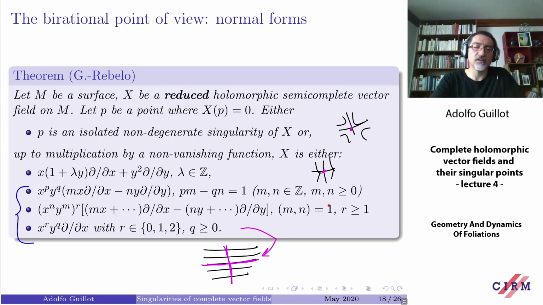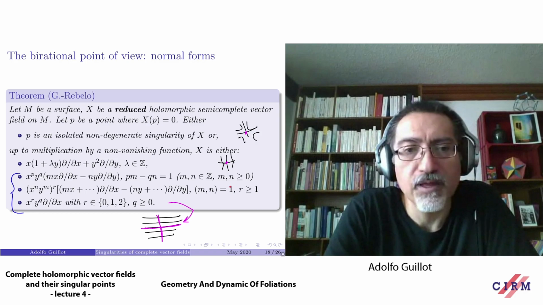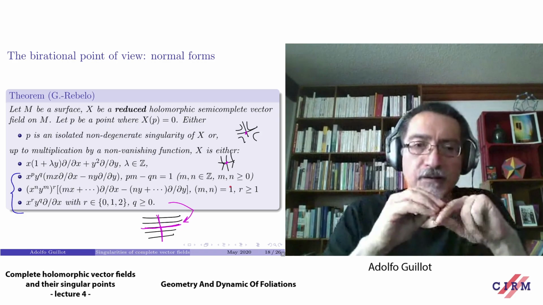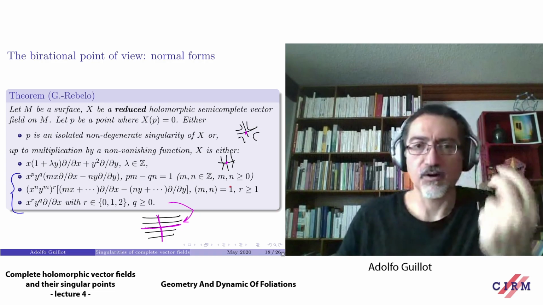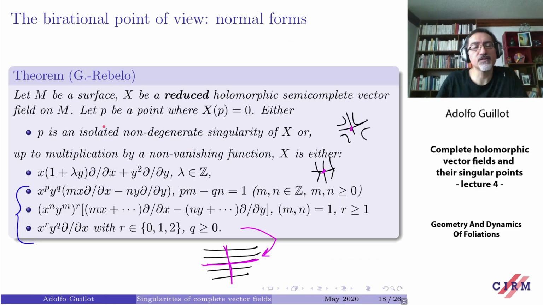And these are the only possibilities, and these normal forms. These are the only things that can happen up to multiplication by a non-vanishing holomorphic function. So as you see, we have a very reduced list of normal forms. So putting this together with the classification of the affine structures with singularities on compact surfaces that we discussed, we can say, for example, if I have a singular surface with a semi-complete vector field,